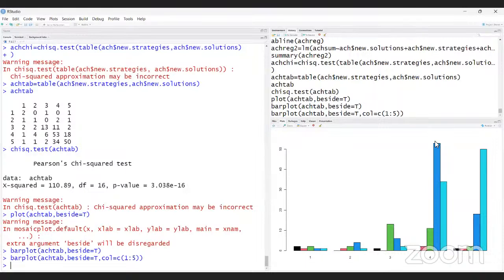This is 4. And 5 is 18. But in case of another, this is 34 and this is 50. So that is the frequency, because I am using the bar plot.